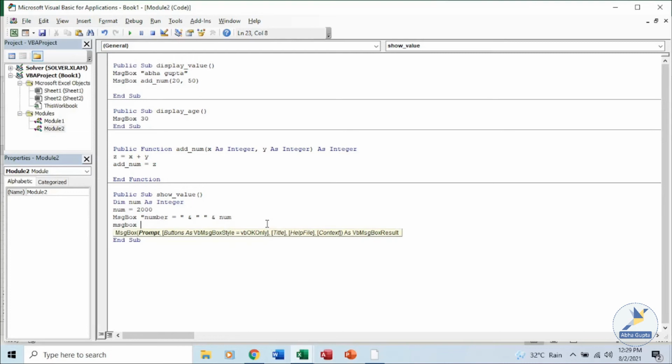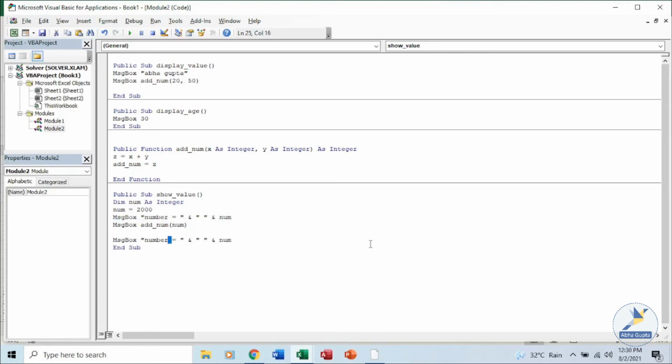So we are calling the function add num, and we will pass this num value to it, and there we will make the modification to our number. And after the number is passed and the calculation is done, we will display the answer again.